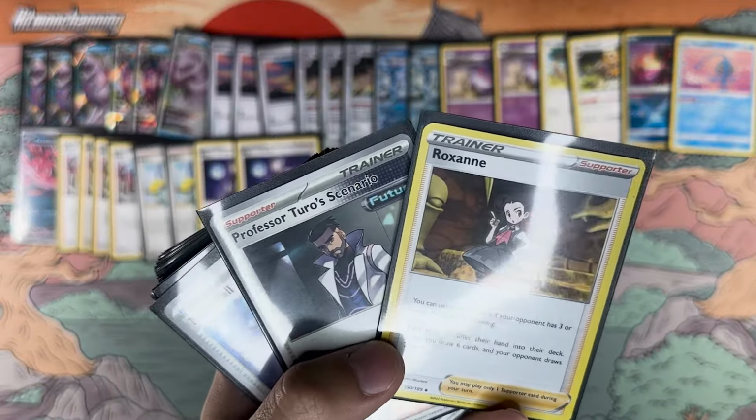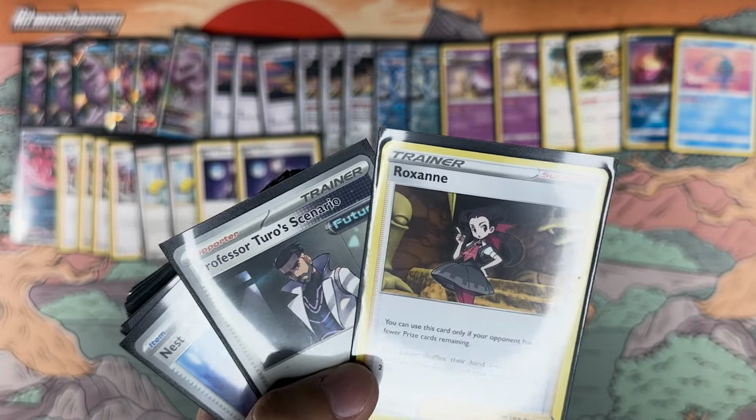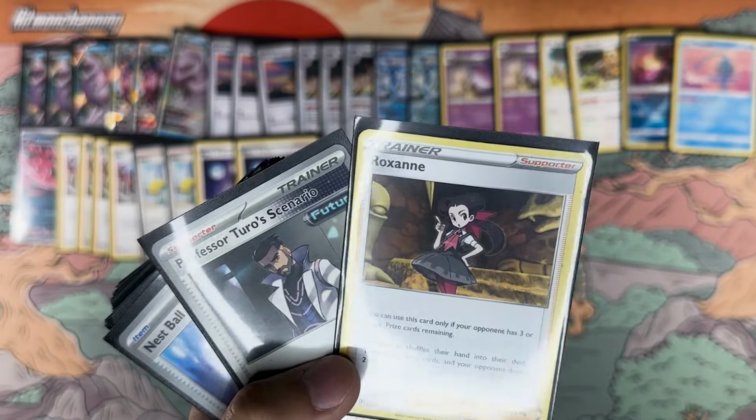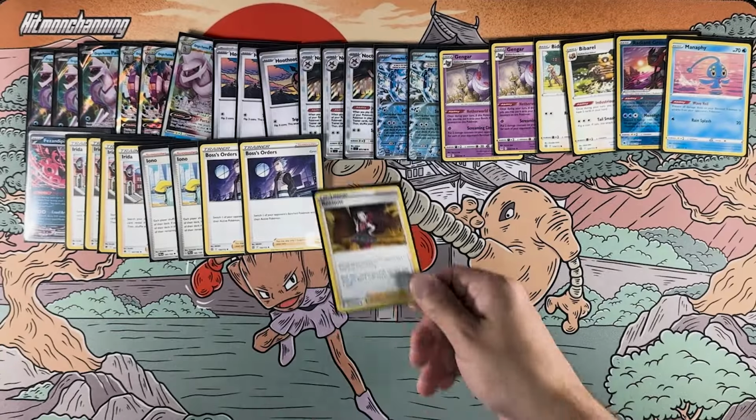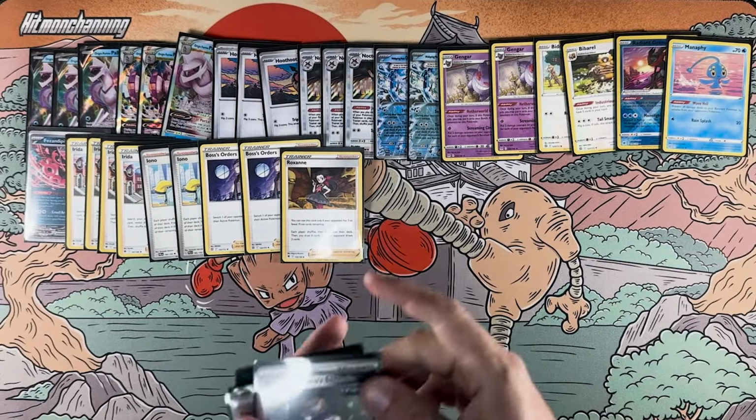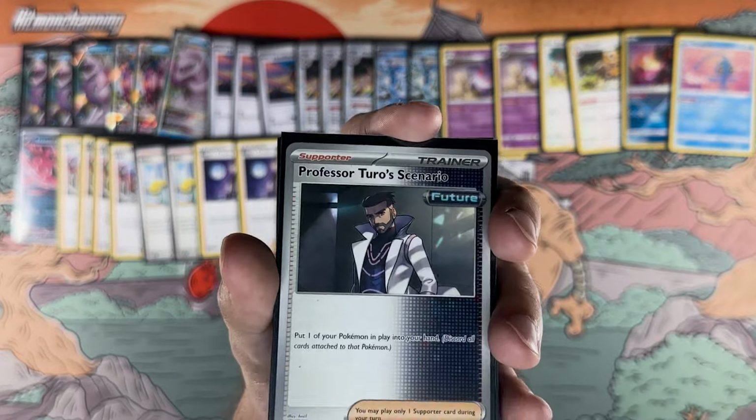Roxanne will let you, if your opponent has 3 or fewer prize cards remaining, shuffle, or each player shuffles their hand into their deck. You draw 6, they draw 2. Very, very strong card, but it's only situational. Thankfully, we've got Noctowl to search it out when we need it, and we also have Professor Turo's Scenario to